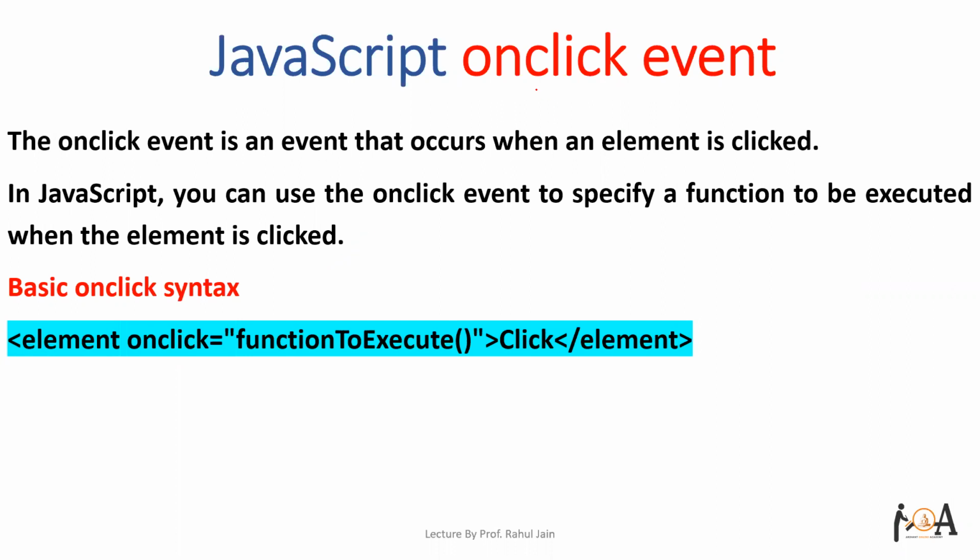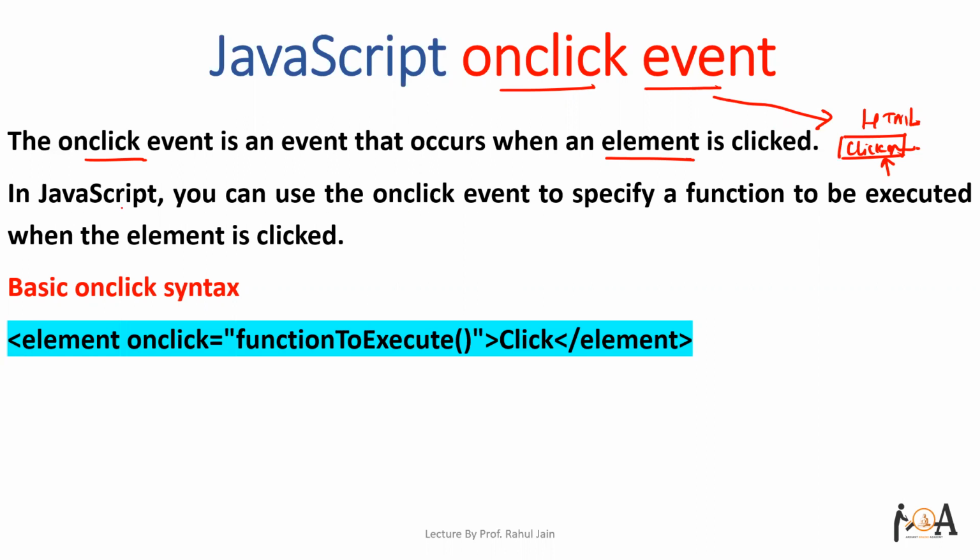And here in this session, we are going to discuss the JavaScript onclick event. So basically, if you want to learn why onclick events are used, you know that an onclick event is an event that occurs when an element is clicked. Let's say a particular HTML element is there, and something is written on it, let's say "click me". If we click that particular button, some event will occur. This is possible with the help of onclick events, and we are going to explore it,